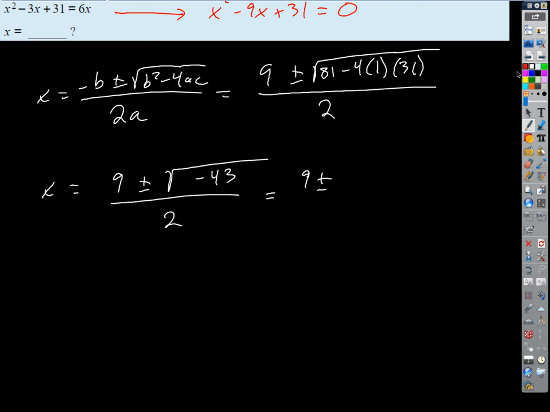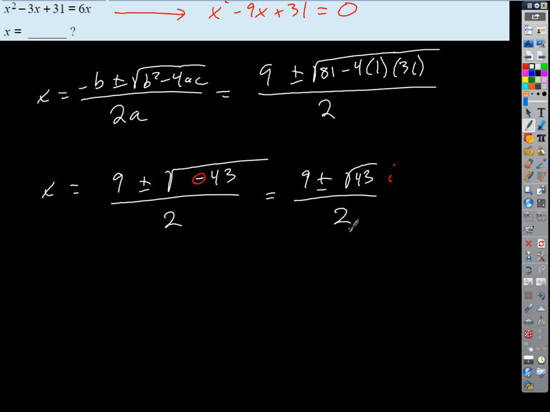So what's that going to work out to be? If I've got that negative there, what's that going to become? i, good. And the square root of 43, is that going to simplify? I'm not going to be able to do anything with that, am I? Right, 43 is prime. So I'm going to get 9 plus or minus the square root of 43 i